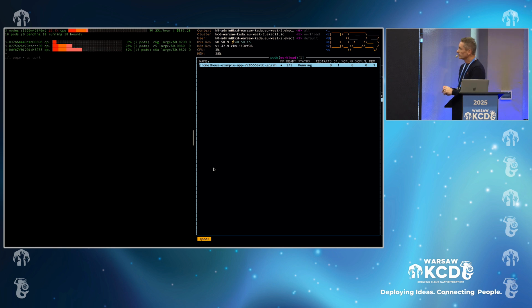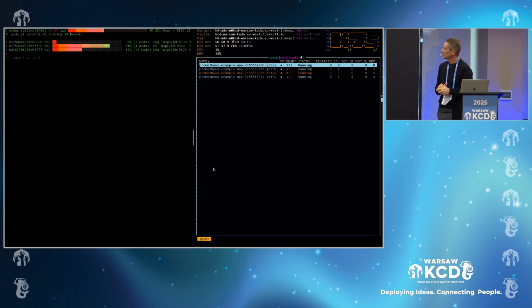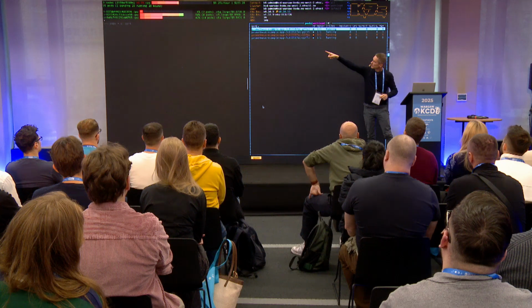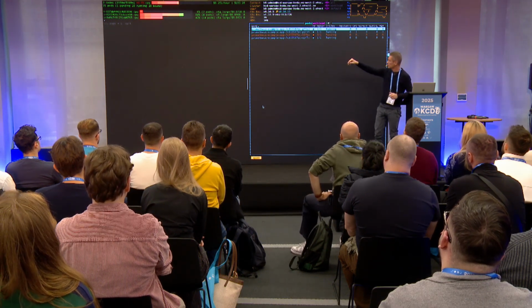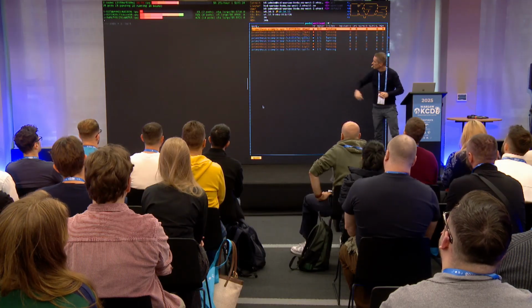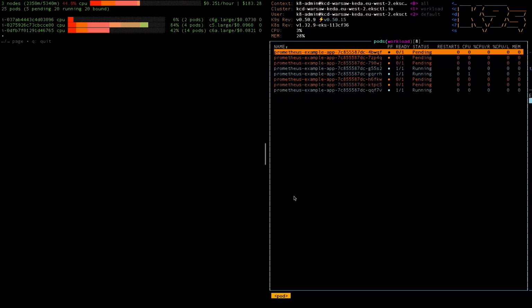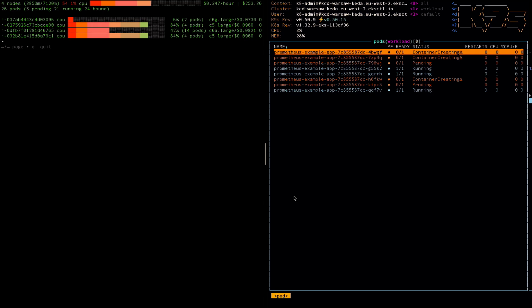Okay, so now we need to wait a little bit, hopefully not too much. And you can see now that we have running pod created. You can see also that the resources there are getting exhausted. You can see that there is 1 pending pod, more pending pods. And you can see that now we have a new node in there. You can see the process that they are going through.